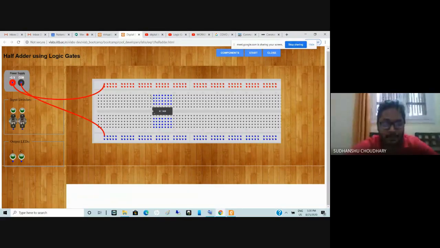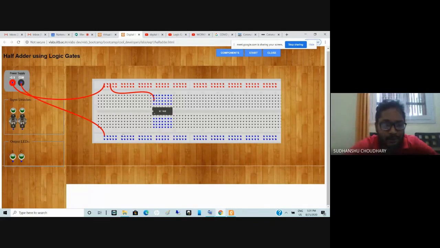Let us take out a wire from any of these holes, select this hole, and connect it to any of the holes above pin number 14. So I have now connected a +5-volt supply to pin number 14 this way, because the top line has horizontal connection, the bottom also has horizontal connection, and these have vertical connections.